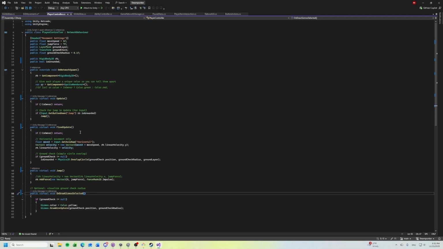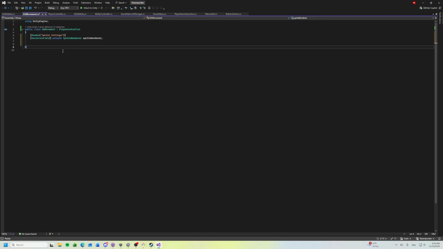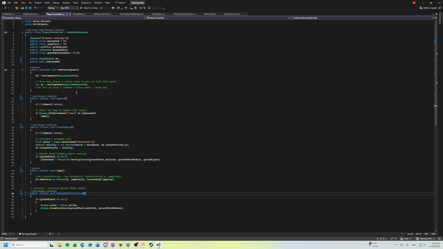Yeah, so the player controller is a little rougher than I expected, in so much as it's using input.GetButtonDown and input.GetAxisRaw, which are kind of old-ish ways of taking input. There's the new input system,